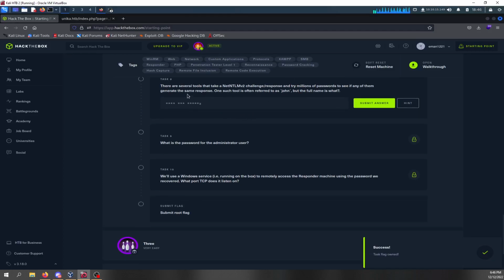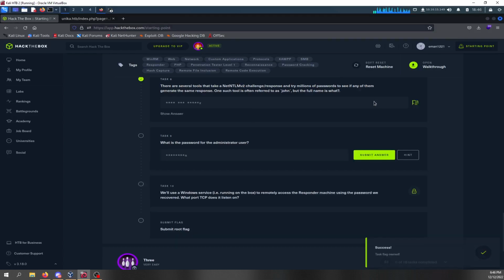Alrighty, now there are several tools that take a Net-NTLMv2 challenge response and try millions of passwords to see if any of them generate the same response. One such tool is often referred to as John, but the full name is what? John the Ripper. And what John the Ripper is, it will take a hash that you have of a password,